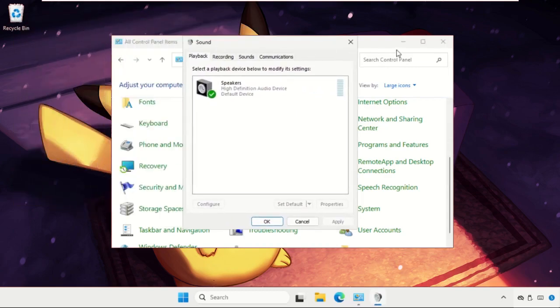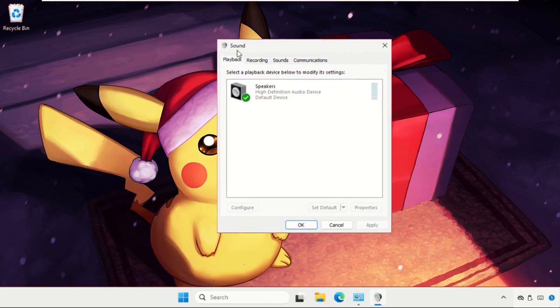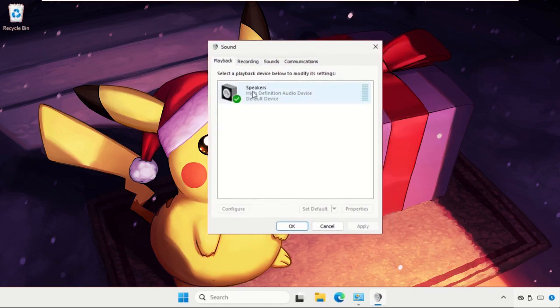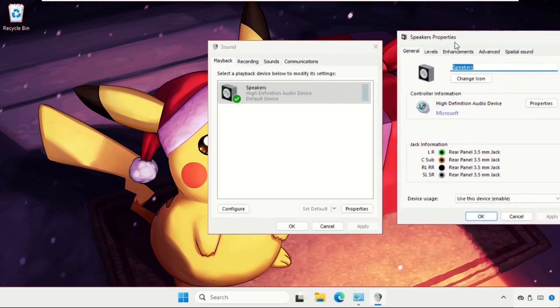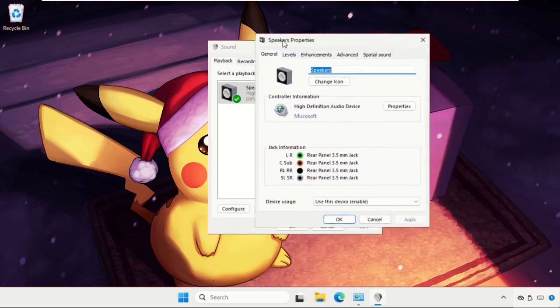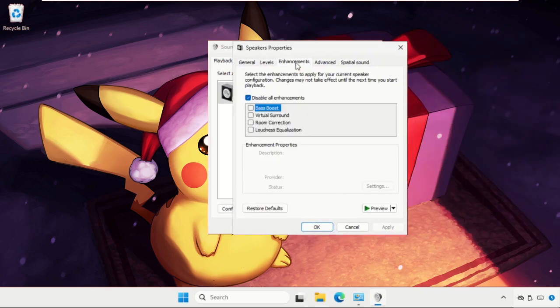Now we need to close the background window. We just need this one. So select speakers, open properties. Once we're here, we need to just go to enhancements tab in the speakers properties. So if you want to enable the loudness equalization, we need to check this option, then click on apply and